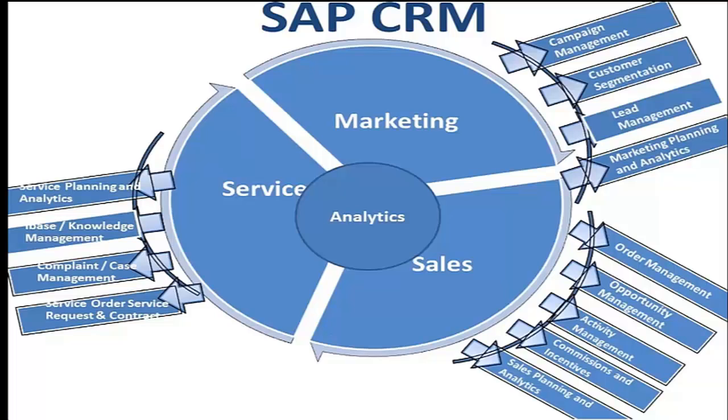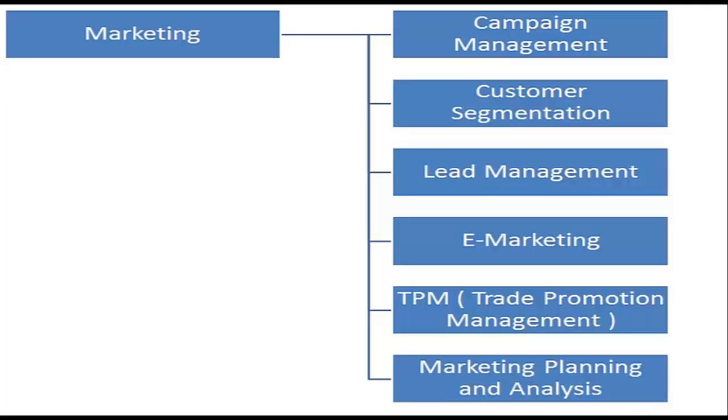So coming to the major modules which we have in SAP CRM, which are marketing, sales and service. We will look at each module and what key features it provides as a part of the product. When we take marketing, it provides key processes such as campaign management, customer segmentation, lead management, e-marketing, trade promotion management, which is also known as TPM, and marketing planning and analytics. With all these features, it provides comprehensive marketing functionality for automating the planning, execution and measurement of marketing